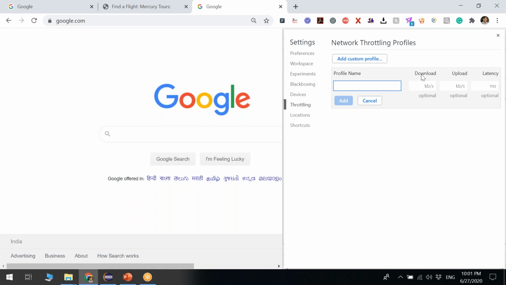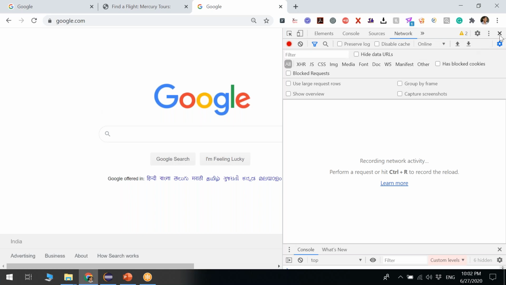Here you can pass download, which would be in KB per second, also upload in KB per second, and latency in milliseconds. Those things you can pass, and you can test the performance of your application. If the internet is down or slow, how is your application performing? Those types of scenarios you can handle using this.